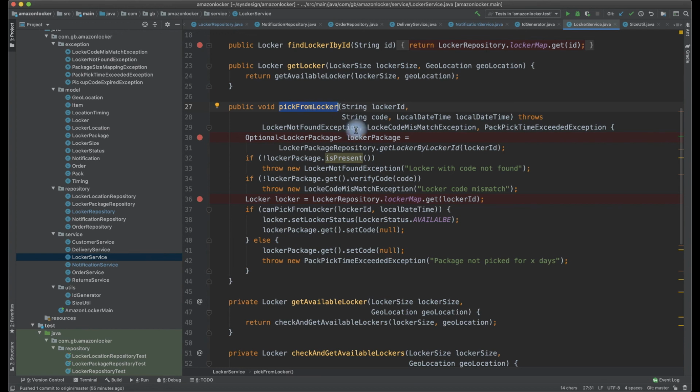So we come to the locker service, and the customer gives the locker ID to pick up, the code to pick up, and then the date time, right? The current date time when they are picking up, which is very important, because if we have exceeded those 3 days, we need to throw an exception, right? That is why we are recording the current pickup time by the customer.